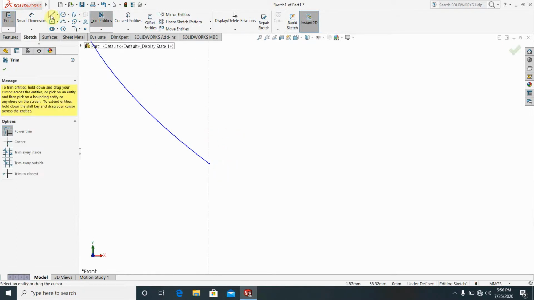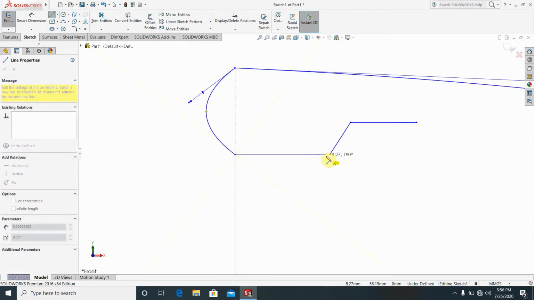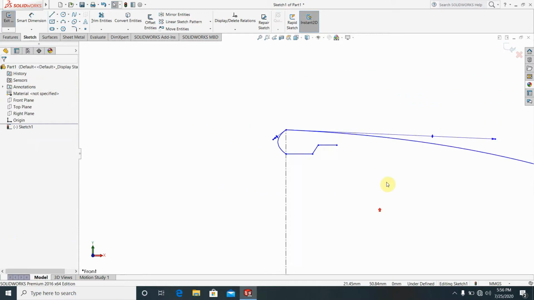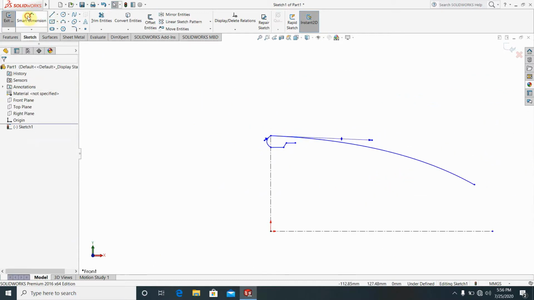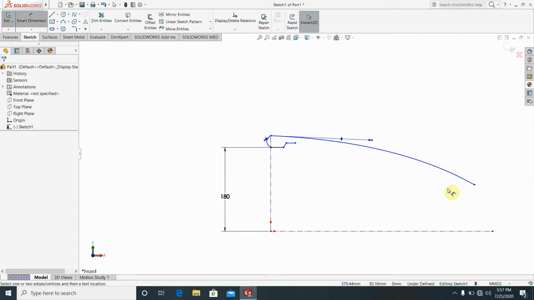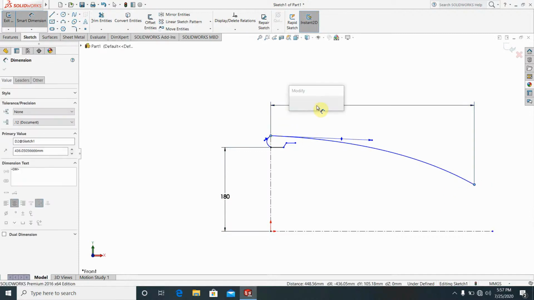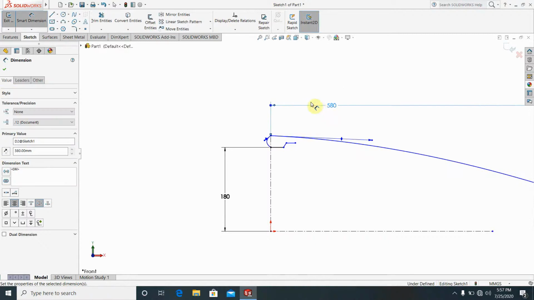Select trim and select these, and that is okay. Now I have to make some dimensions here. I'm just giving its height from here, that is 180 millimeter, and the length between these and these will be 580 millimeter,